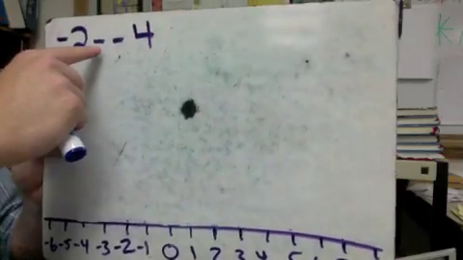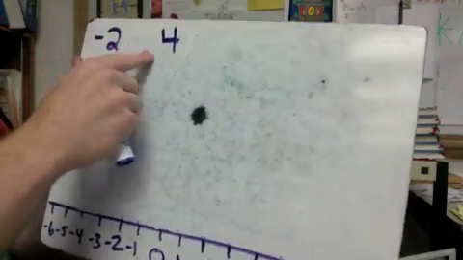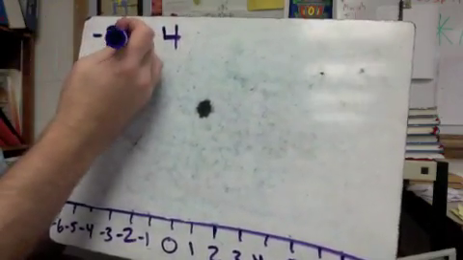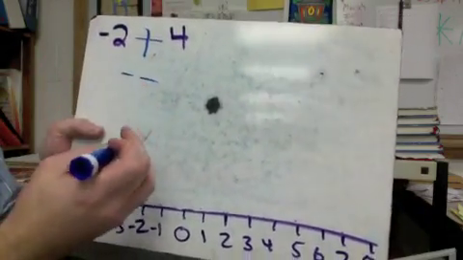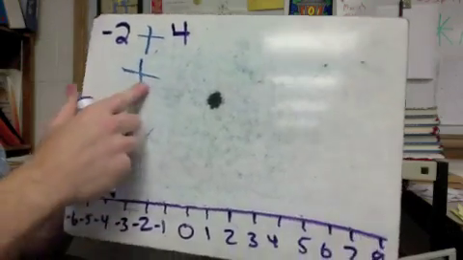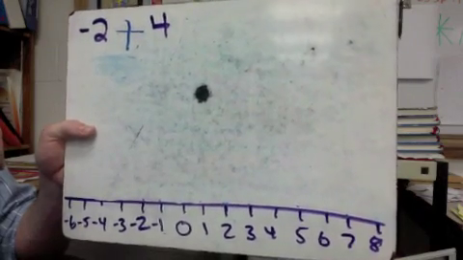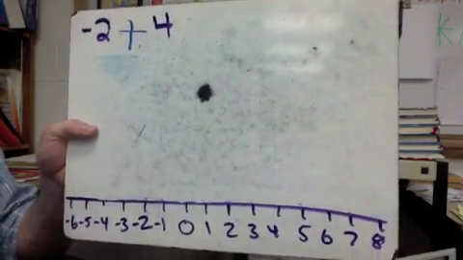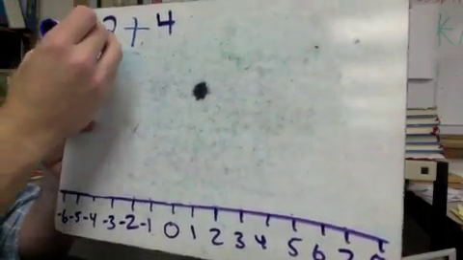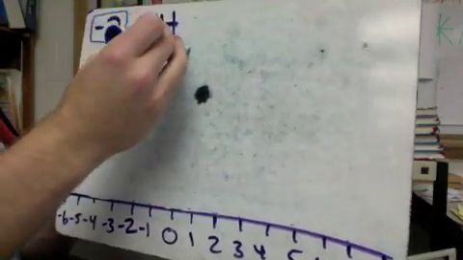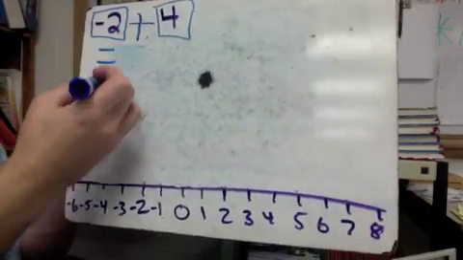This is a special case. When we have two negatives, we need to make it a plus, a big plus. I'm just going to get rid of both, make it a big plus. Anytime you have these two minus signs beside each other, it just turns into a big plus. Okay? Now we've got an addition problem. So now I just need to box off to see what's positive and what's negative and solve the problem. -2, +4. Two negatives,